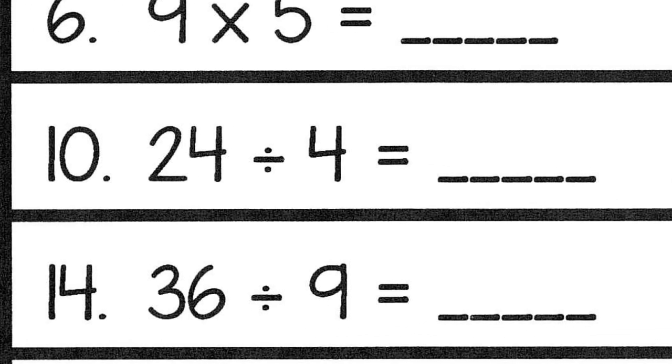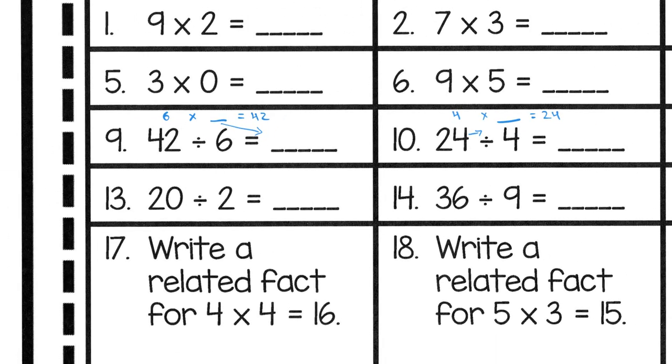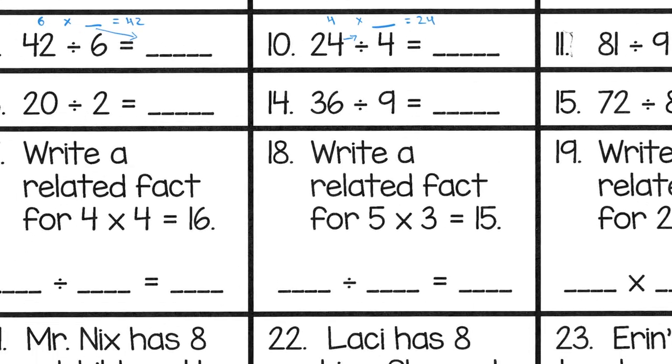24 divided by 4, same thing. 4 times what number equals 24. I just put that big number on the other side of the equal sign. Then after you solve your math fact, you have your answer, okay? Now that pattern is going to be the same for the next 3 problems. So I've set you up a little bit, next 4 problems. So as you go through there,